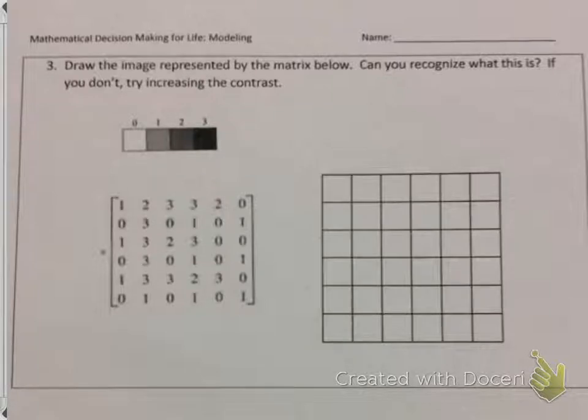Okay, so this one says draw the image represented by the matrix below. You can recognize what this is. If you don't, try increasing the contrast. So this is going to be hard for me to do, but what I'm going to try and do is just use some shades of gray here. So let's say I'm going to go through and do all of my ones because I have a shade of gray here that might work. So here's a 1, here's a 1, here's a 1,